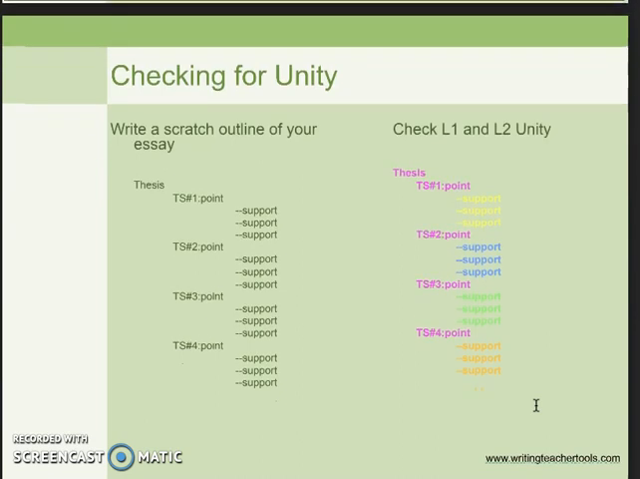Okay, this slide here is just to emphasize those concepts that we talked about with level 1 and level 2 unity. If you don't remember those, go back into the previous week's lecture and take a look at the lectures about level 1 and level 2 unity. Those are probably new concepts for you if you've never had me as a teacher before. These two concepts, level 1 and level 2 unity,